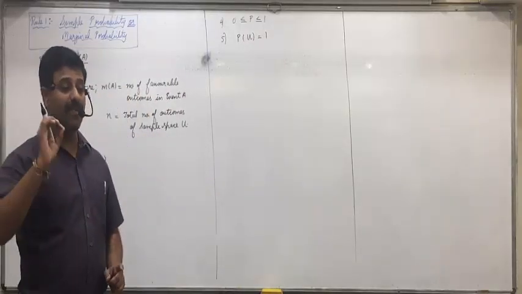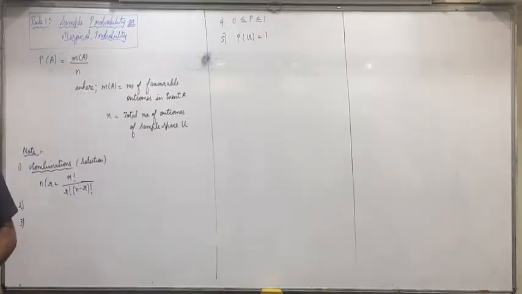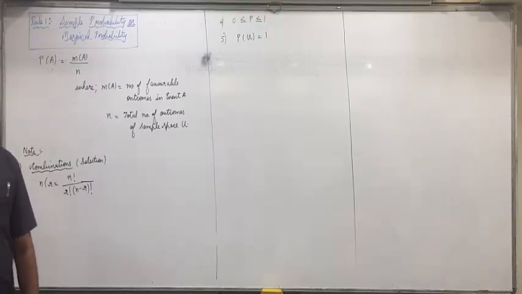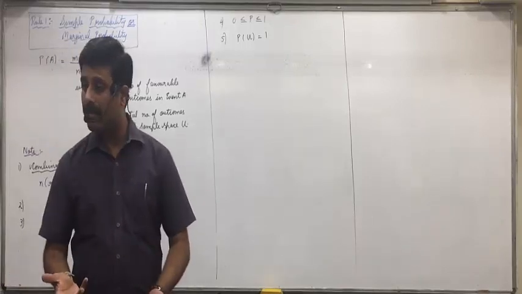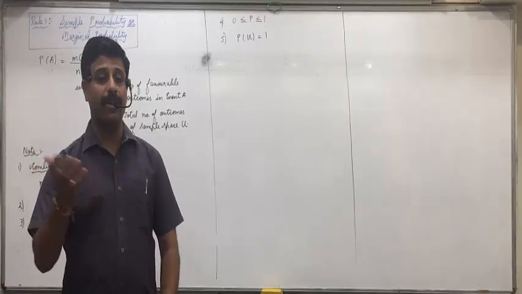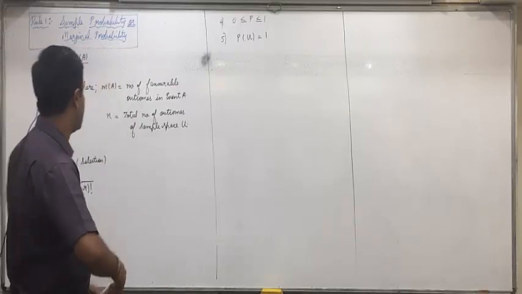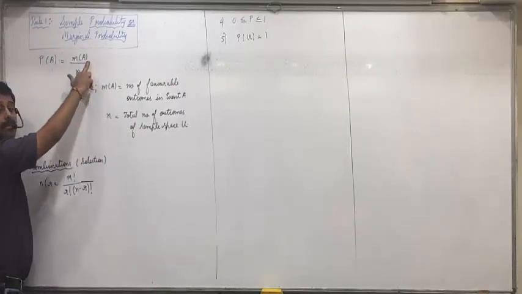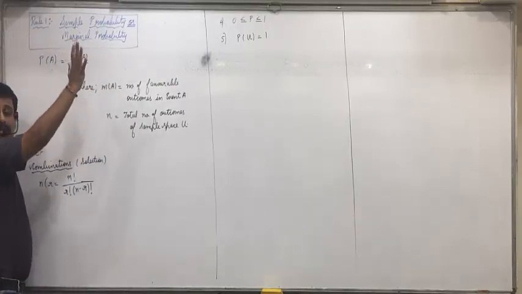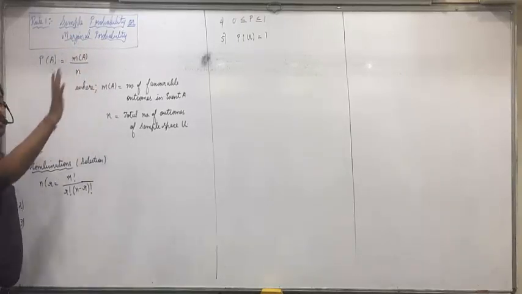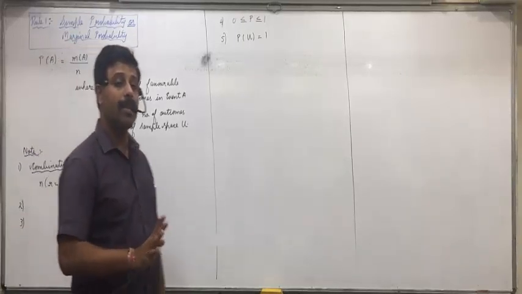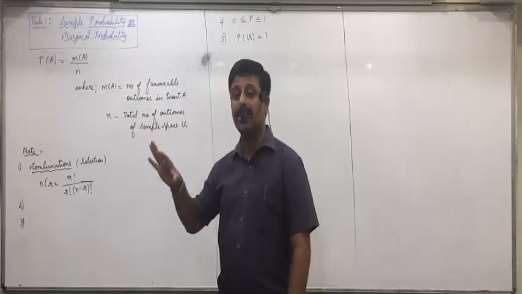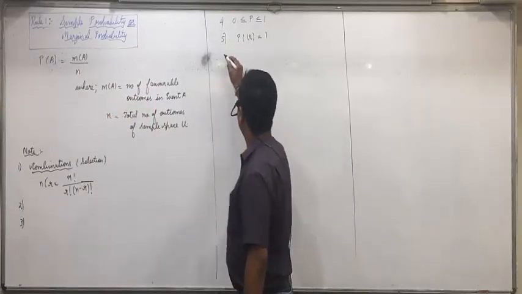Probability of the entire sample space is always 1. If you throw a dice, the outcomes are 1, 2, 3, 4, 5, 6. Now if you are asked, what is the probability that you get a number less than or equal to 6? 100% chances. So the probability of the entire sample space, getting 1, 2, 3, 4, 5, 6, is 1. Even if you apply this formula, getting numbers less than or equal to 6, all 6 outcomes upon n, is also 6. 6 divided by 6 is 1. So the probability of the entire sample space is always 1.